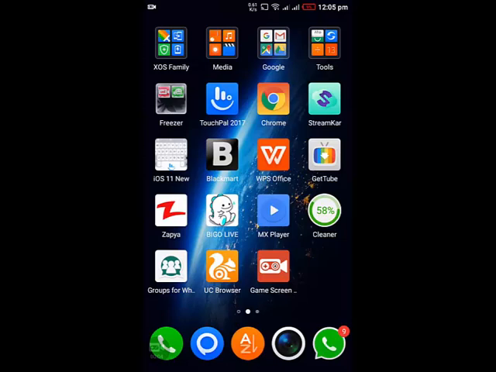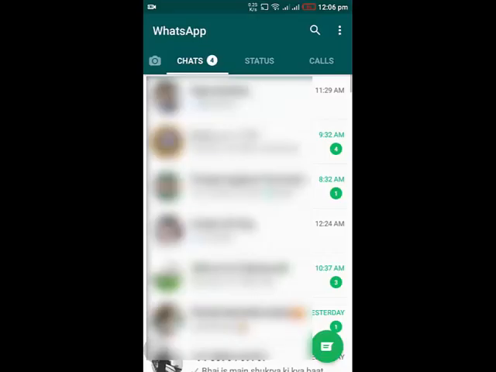Today I'm here to show you how to add WhatsApp contacts in WhatsApp, and let's start. First of all, you have to open the WhatsApp application on your mobile, and then by default you are directed to the chat section. After opening the application, you have to tap on this new message icon, and then